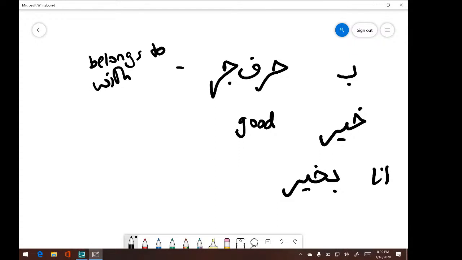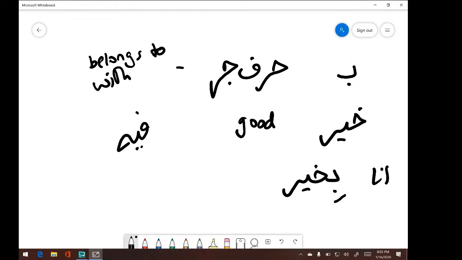Harfujas can be separated from the word, or they can be connected to the word. Most of them are connected to the word. Only some of them, like ila, are not connected to any word. Ba is a harfuja, right? It's singular, but then it can be connected. So, for example, we had fihi, right?